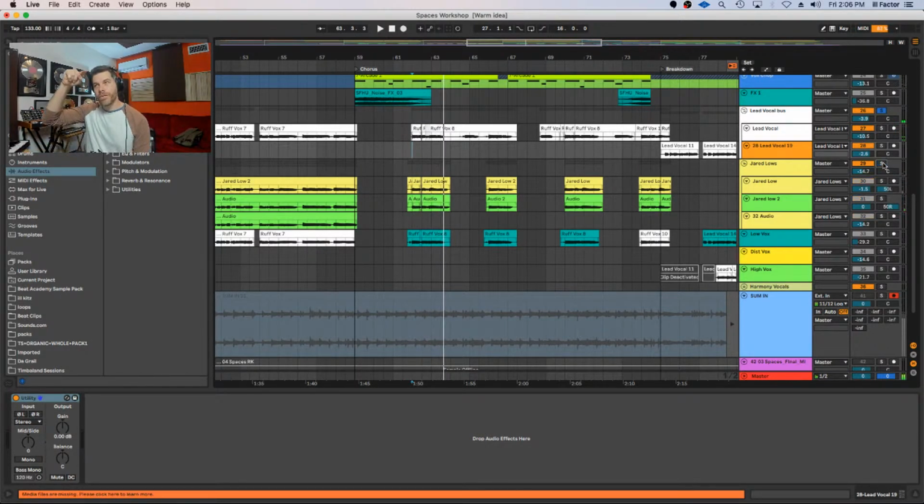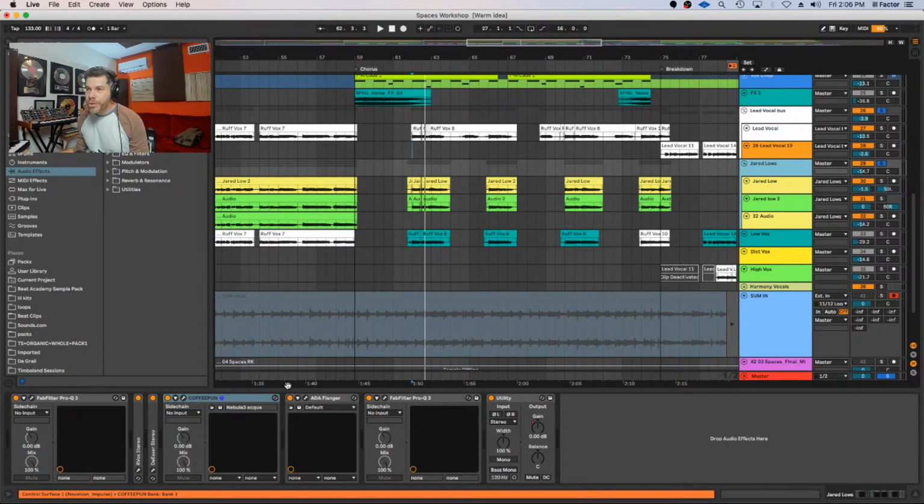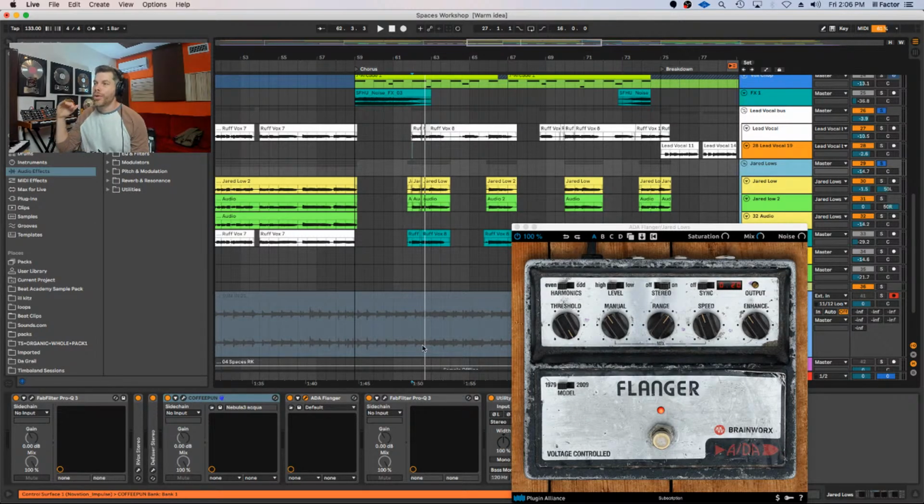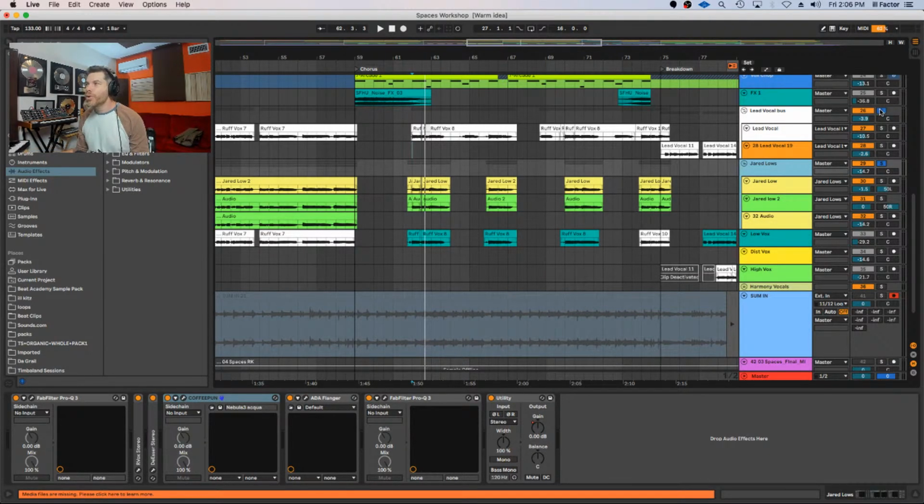So the main is the falsetto. He's doing falsetto as a lead. The double, we're not doubling the falsetto, we're just playing low ones and we're doubling those. And on those, I have a cool flanger by Brainworks, the ADA flanger, right on those vocals, and that's really helping those low vocals to become really...